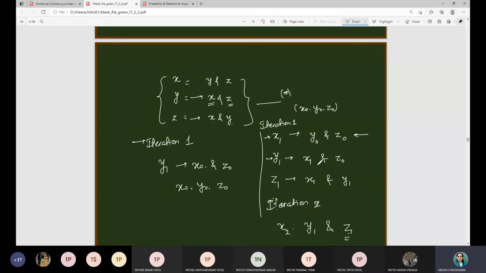Whereas in this case, every time in each equation, you have to consider the previously evaluated value, not the initial approximation. It will not stick to that particular iteration, right? कि ऐसा नहीं है कि initial approximation जो लिया वही का वही पूरा का पूरा स्टार के लिए चला जाएगा. जब भी आप न्यू इटरेशंस फाइंड आउट करते हो तो प्रीवियस वेरिएबल की जो भी वैल्यू मिली है दैट यू हैव टू सब्स्टिट्यूट, and then likewise you can go ahead so that now you can understand कि यहाँ पर जो